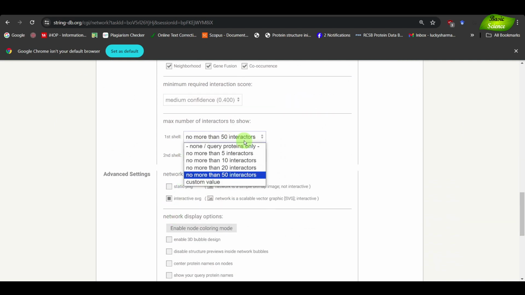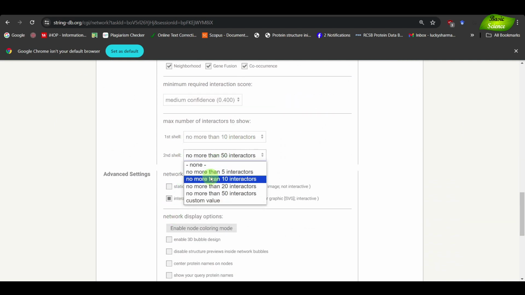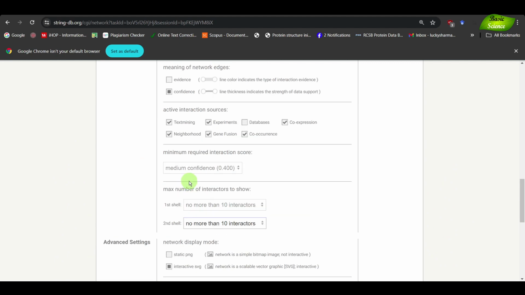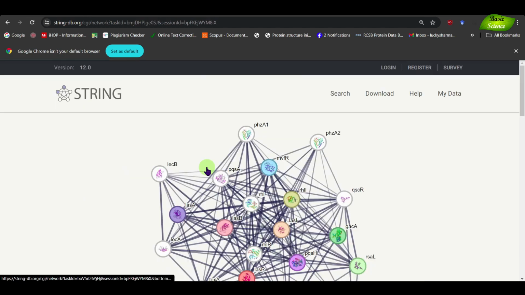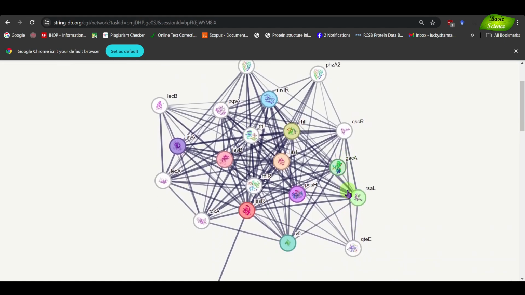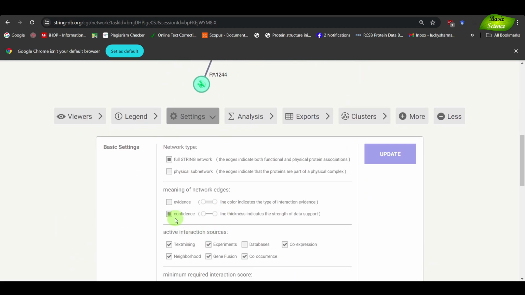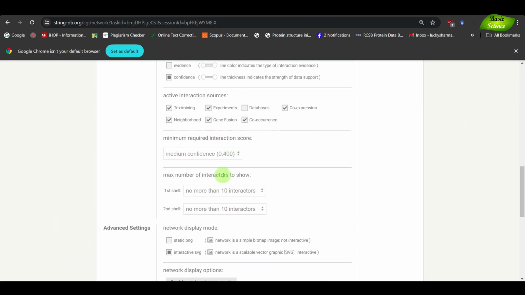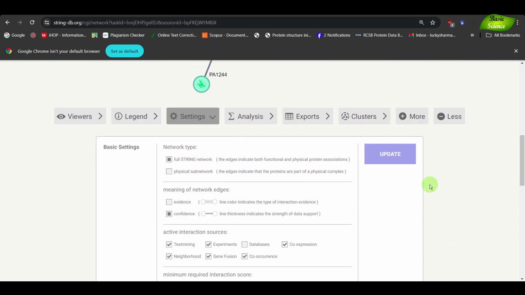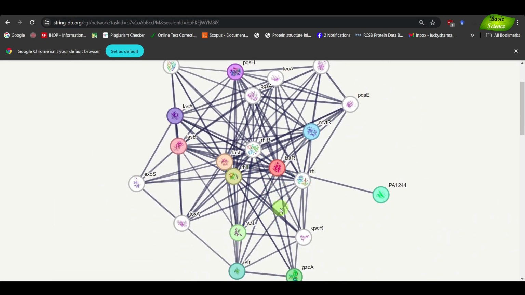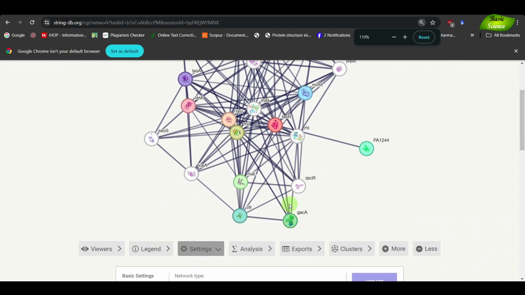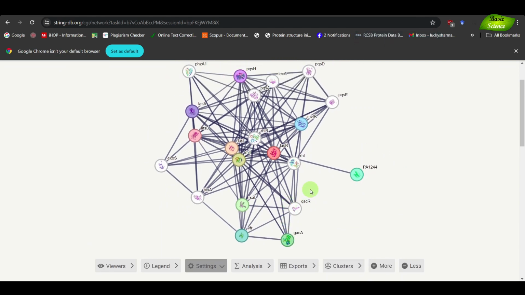So what I'm doing is I'm going to restrict this to 10 interactions because otherwise it's too difficult to handle all the proteins together. So I think this is good. Now we can move on further where we need to do some more analysis. I'll also make this network a little bit smaller because we need to see carefully what is happening in our network. Now you can see in this network, we have lots of proteins from various signaling